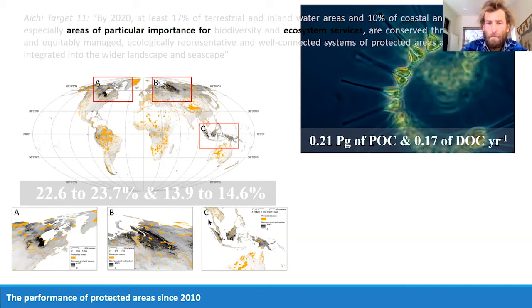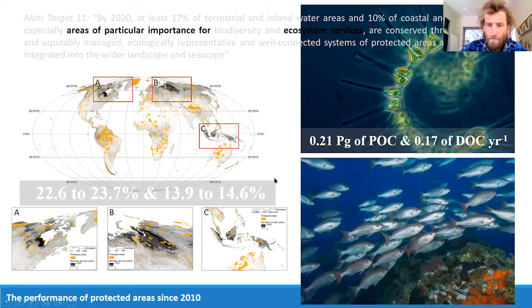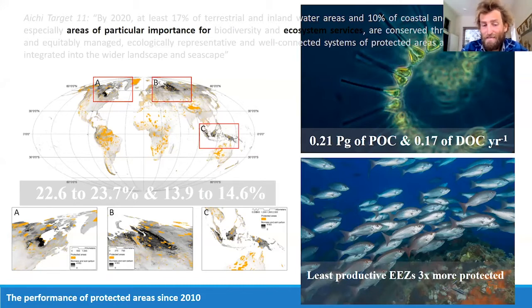But these are the overarching figures, at least. We also looked at coverage of fisheries, given the importance of fisheries of wild caught and farmed seafood to people globally. What we want to do with this one is compare protected area coverage of the most and the least productive marine regions for fisheries catch. We found that coverage of the least productive exclusive economic zones was on average 3 times greater than the coverage of the most productive EEZs.